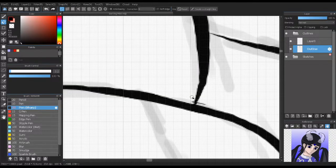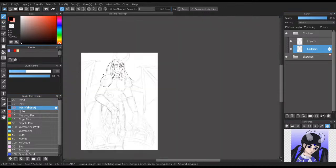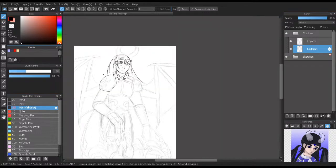Or we could get a really small eraser to kind of get that out of the way. Not that it matters, because I really doubt many people are going to zoom in enough for it to be,